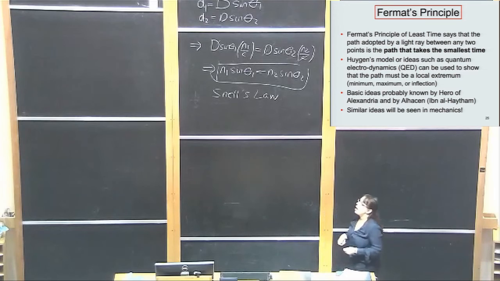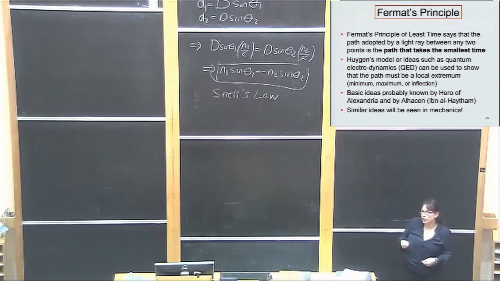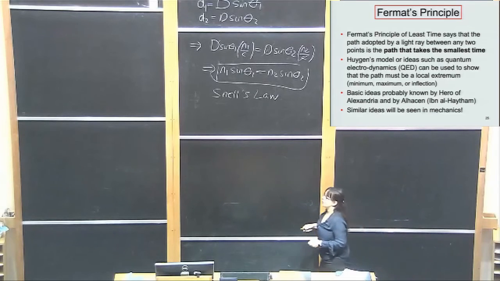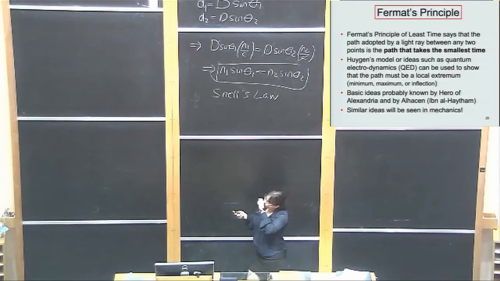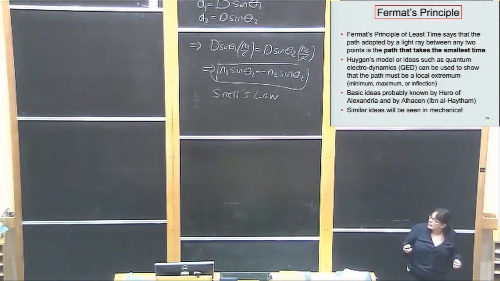And you will come across this in mechanics as well, I think not until Hilary term, but you'll hear of a general principle of least action, or strictly principle of stationary action, it should be called, for which Fermat's principle of least time was a guiding principle. So basically what he said was that light will take the path between any 2 points that takes the smallest